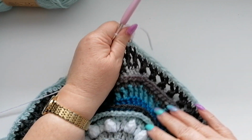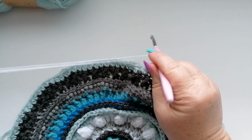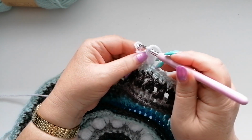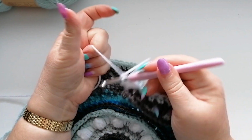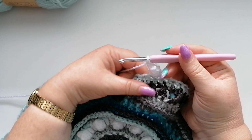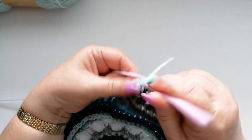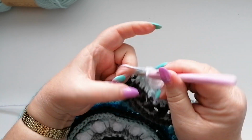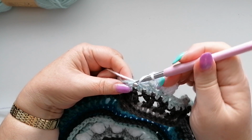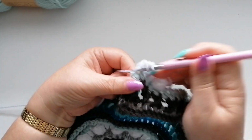And as we did before on the popcorn row here, we're going to take out the hook, pop it into that first stitch and pull through and chain 1. We're then going to work a double into each of the next 2 stitches. So we've got 1 and 2. The next stitch will be a popcorn,